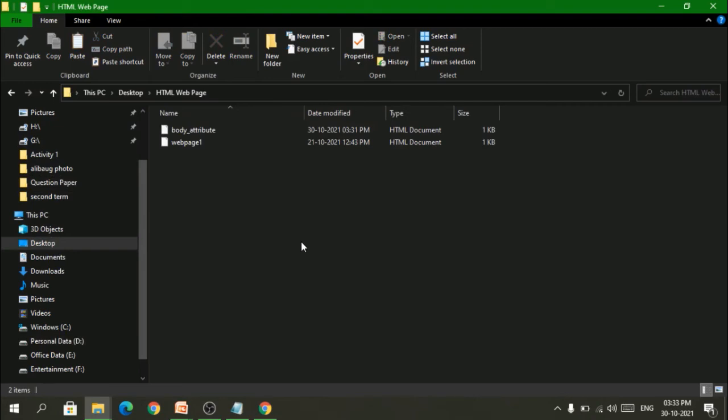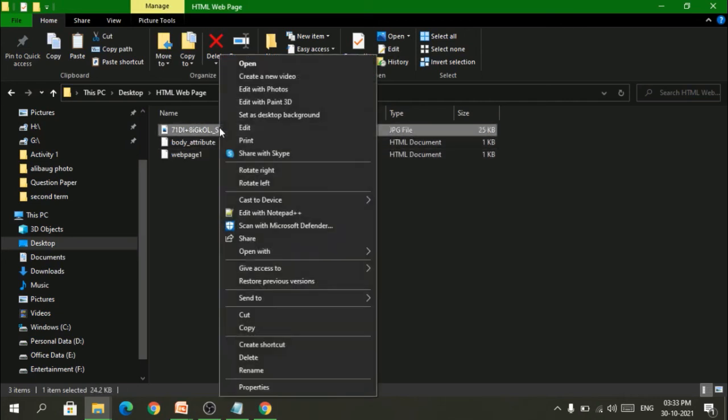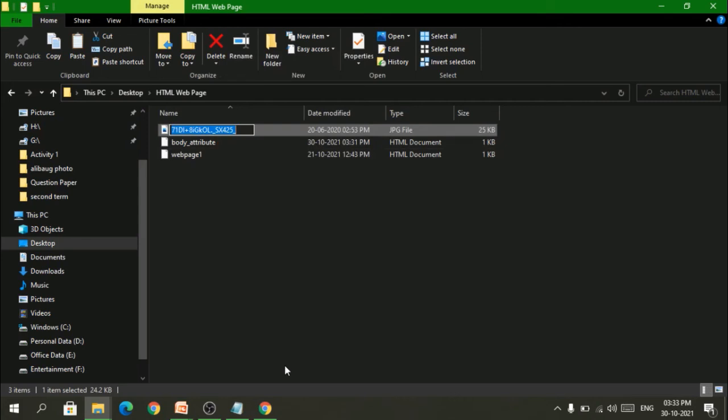I will rename the image so it will be easier. You can see the file name is something else which would be difficult to type. So either I can copy it or I can rename it. I will prefer renaming it as India.